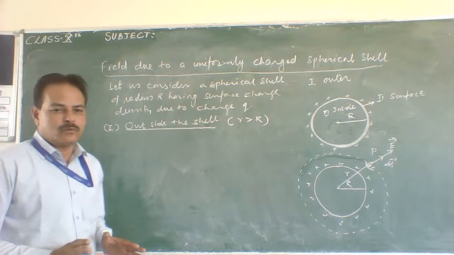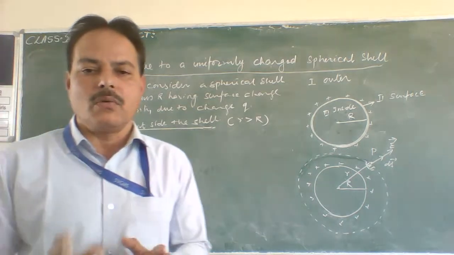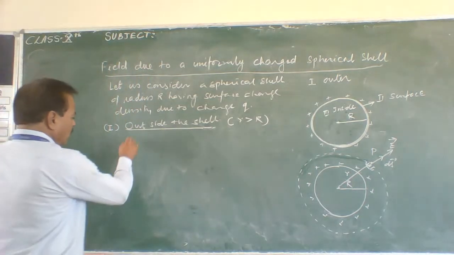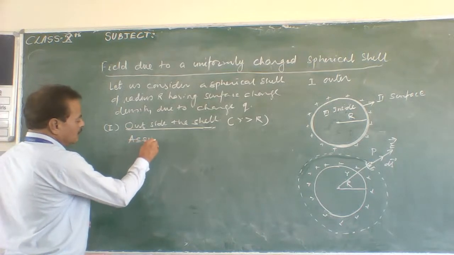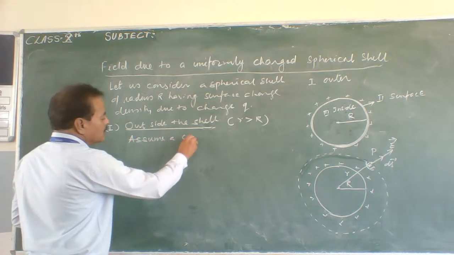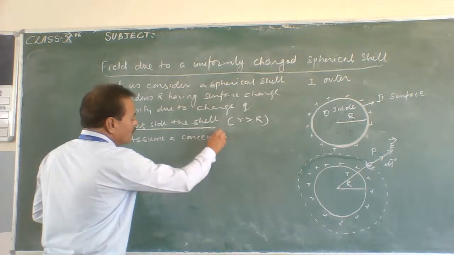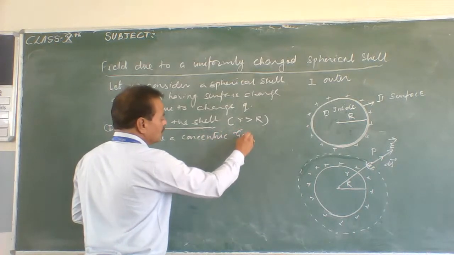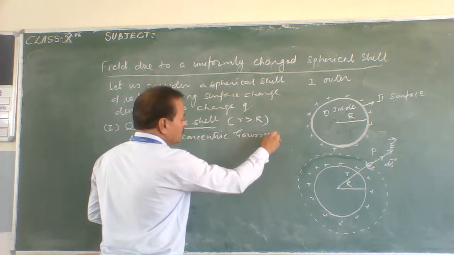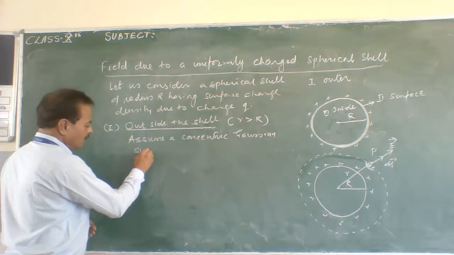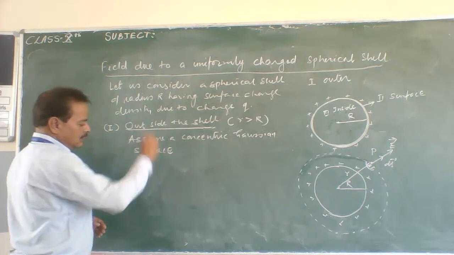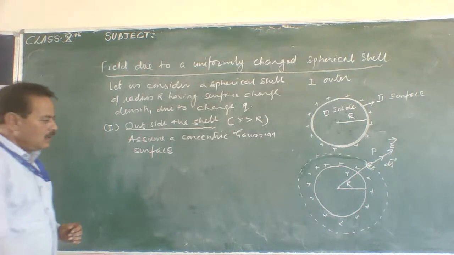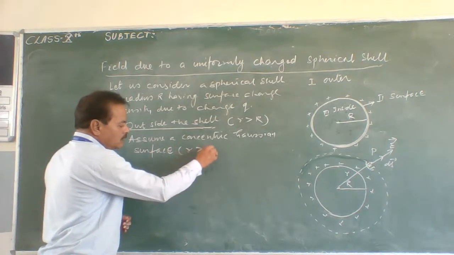What we have to do is just assume a Gaussian surface. For outside, assume a concentric Gaussian surface, and for that one, small r is greater than